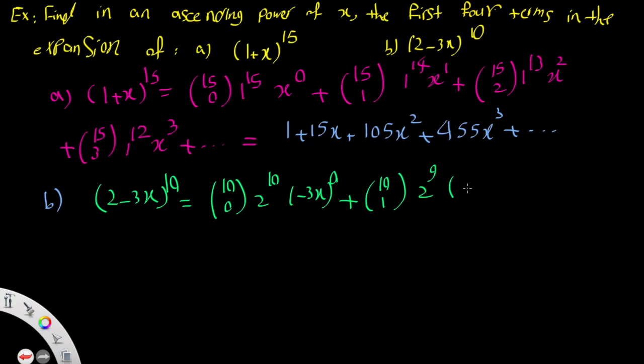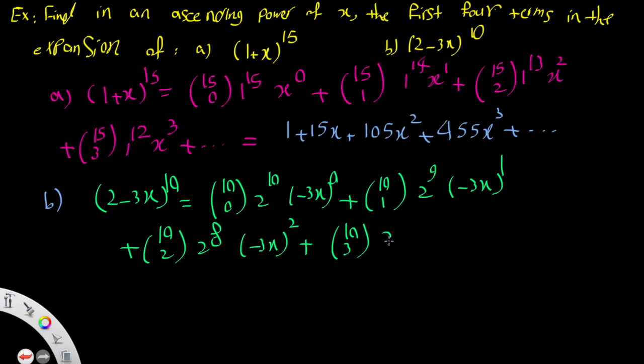Then (−3x) to the power of 1, plus the next term, combination of 10, 2, 2 to the power of 8, (−3x) squared, and the last thing we need is 2 to the power of 7, (−3x) to the power of 3, and it will simplify to